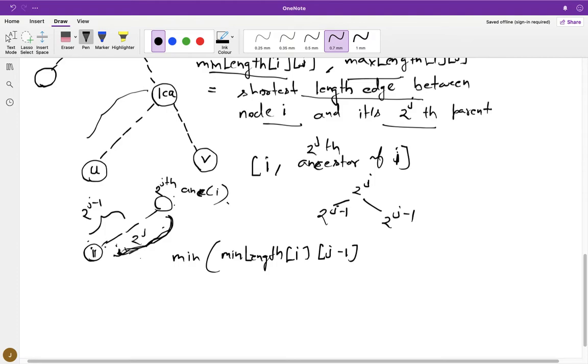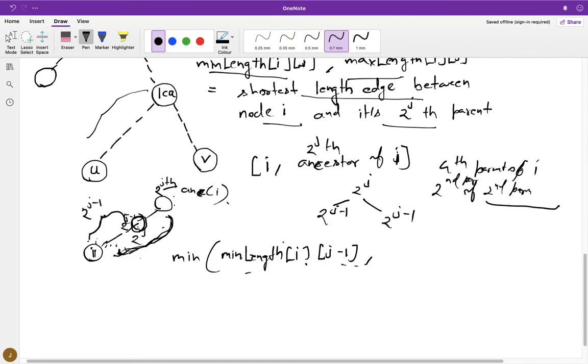So we are going to compare the shortest length in the first half, that is between I and its 2 power j minus 1th parent, which is min length[i][j-1] by definition, and then this parent, the 2 power j minus 1th parent of I, whose 2 power j minus 1th parent is the 2 power jth parent of I. What I am trying to say is, the fourth parent of I is nothing but the second parent of the second parent of I. So first we consider the second parent of I, that means the minimum length between I and its 2 power j minus 1th parent.